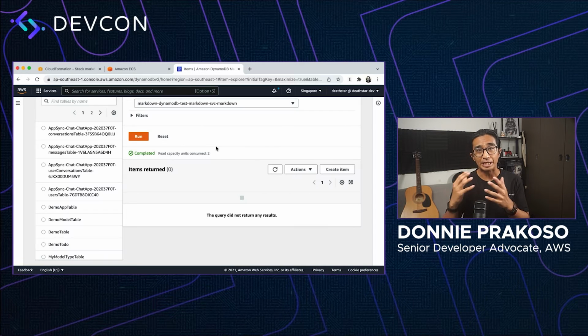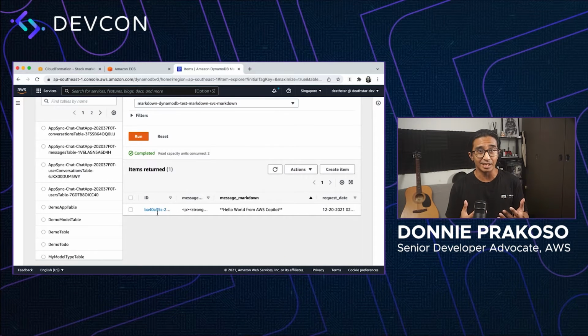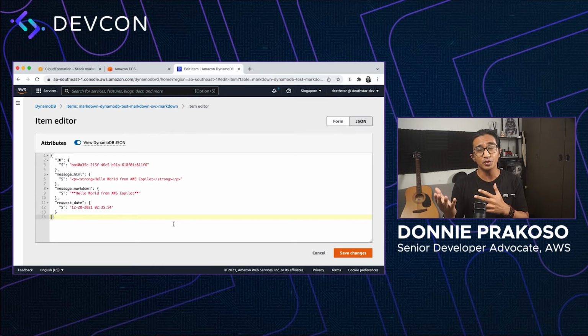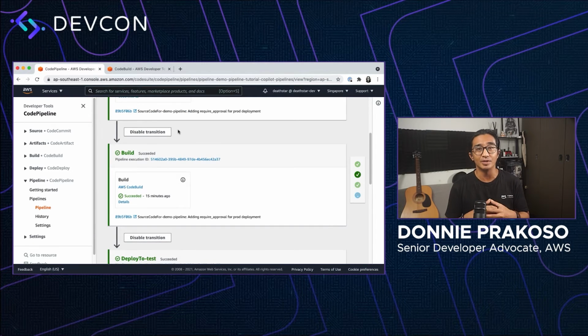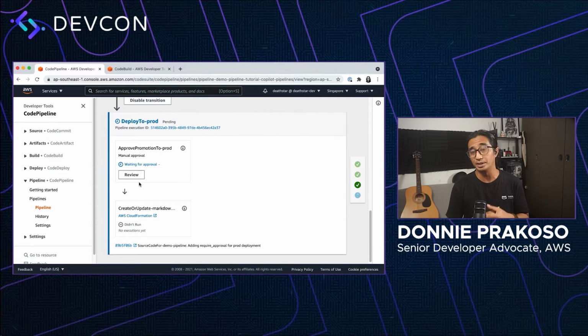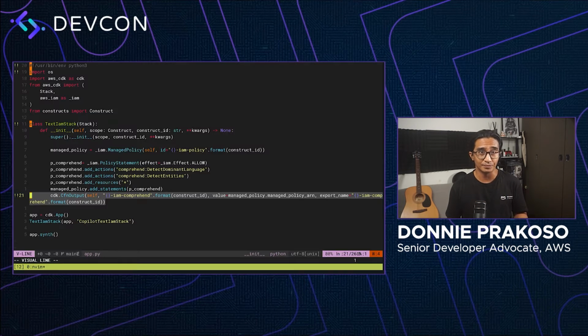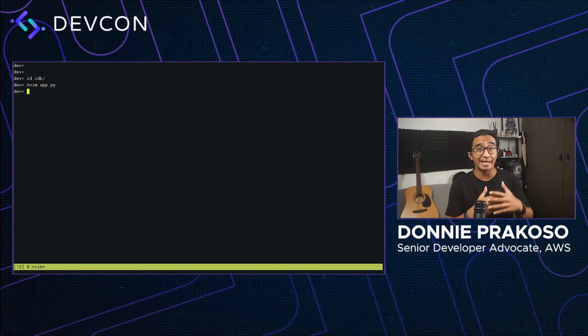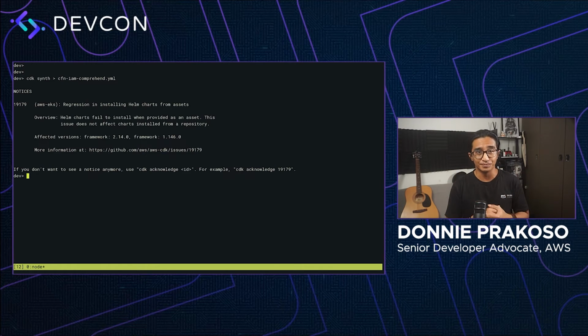But we will not stop there. We are also going to integrate the application with a database like Amazon DynamoDB to show you how to easily integrate your apps with other AWS services. Also, a modern application is not complete without CI/CD. We're going to walk through how you can build a simple but powerful release pipeline with AWS services using a single tool, and that is AWS Copilot. And lastly, I will show you how you can extend your system by integrating AWS Copilot with AWS CDK, so it allows us to create additional resources and integrate with other services.